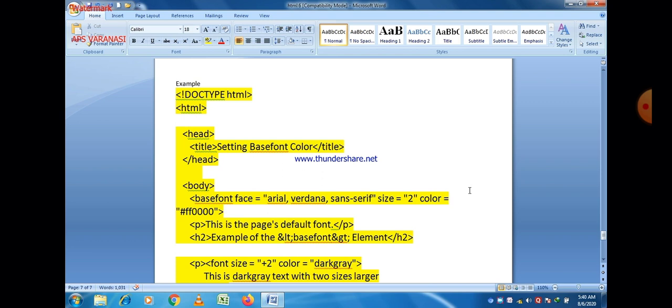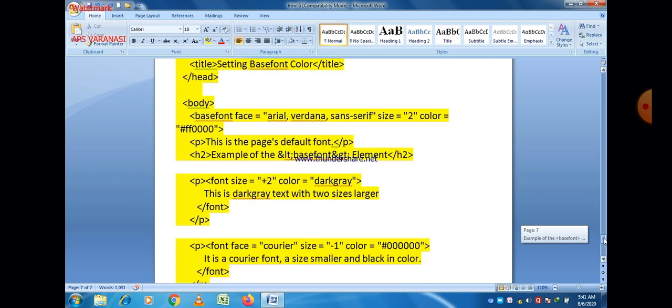We can use the color in 3 different ways. First, use the direct name of the color, just like dark gray is the name of the color, so you can use it directly as it is. Second is using hexadecimal representation, which is given in base font, and third is RGB values. RGB stands for red, green, blue. These values start from 0 to 255. So 3 different values between 0 and 255, including 0 and 255, will be given within the parentheses using RGB notation.